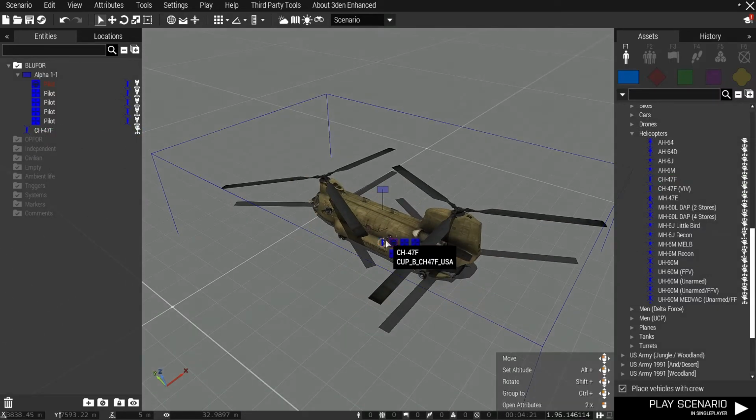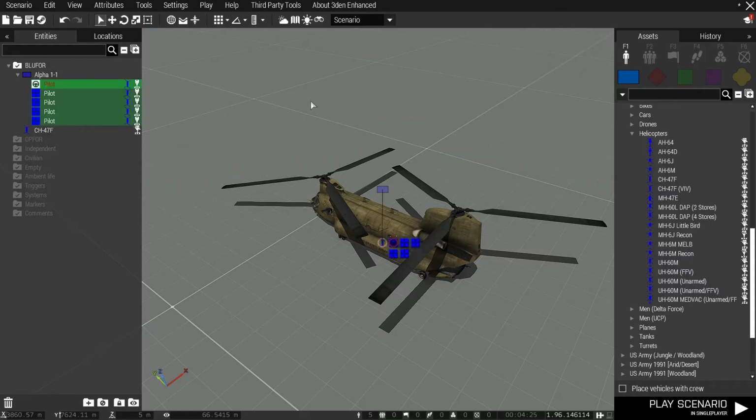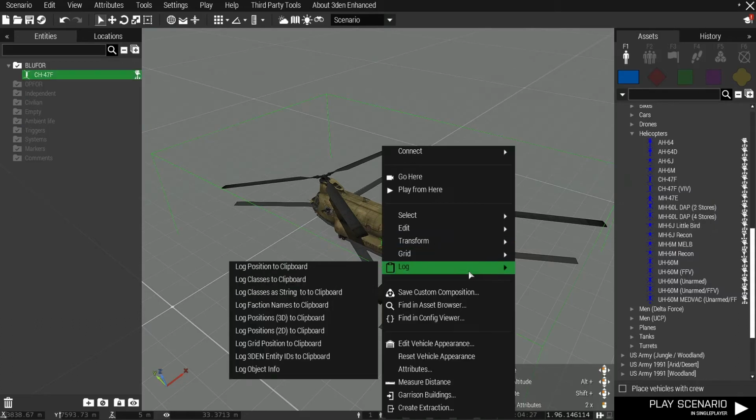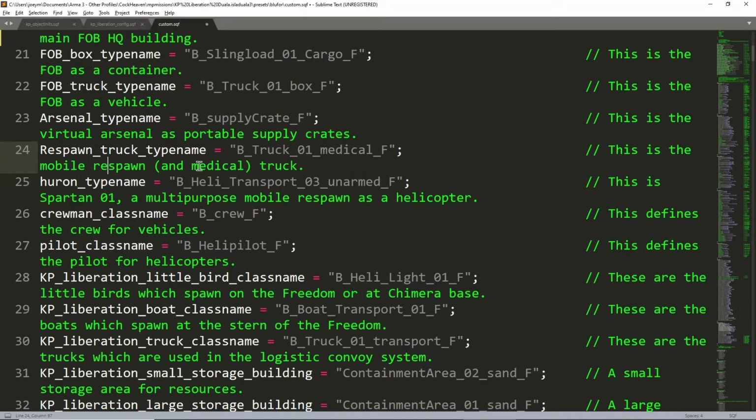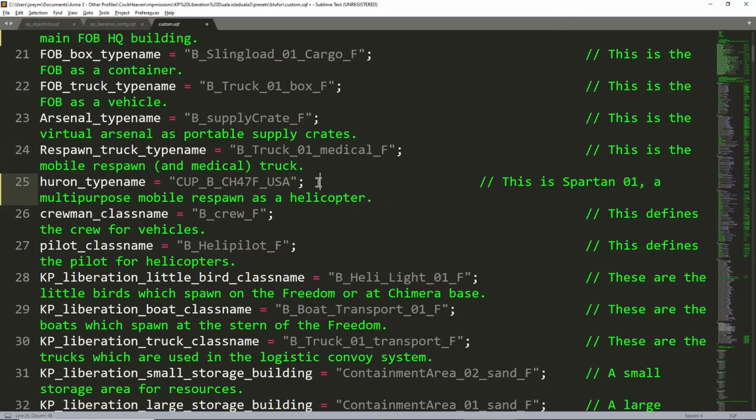So I'm going to plop this down. I don't need the units in it. You can leave them in or you can delete them. It doesn't matter. So I'm going to right click on here again. I'm going to log classes to clipboard. I'm going to tab out, and where it says Huron type, I'm going to double click in there, and I'm going to paste it. So now they're going to be using CH-47 as the start helicopter,